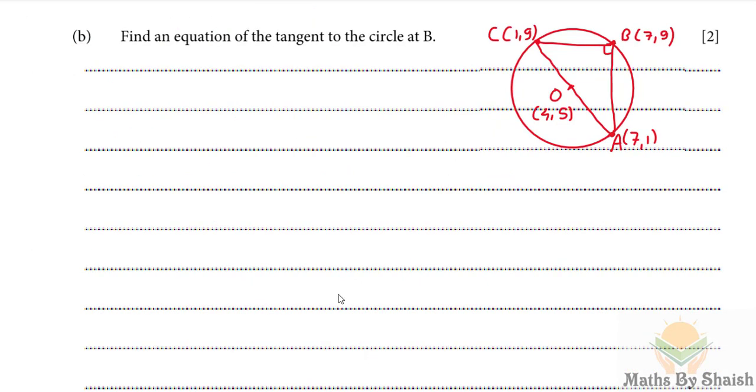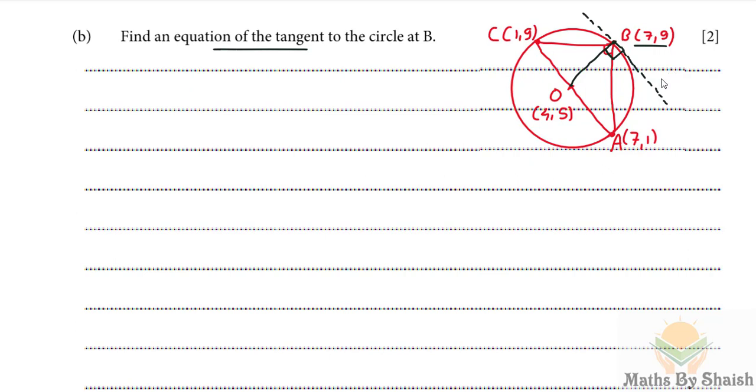And here's the B part. Find an equation of the tangent to the circle at B. I have copied the diagram from the previous part. We need to find the equation of the tangent at B. This is a line we call a tangent because it touches the circle at B. And if it is a tangent, then we know the angle between the tangent and the radius at the contact point is 90 degrees, and hence OB